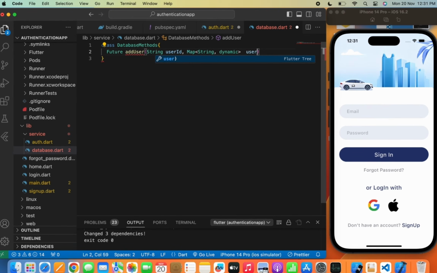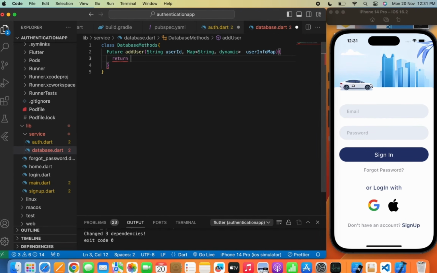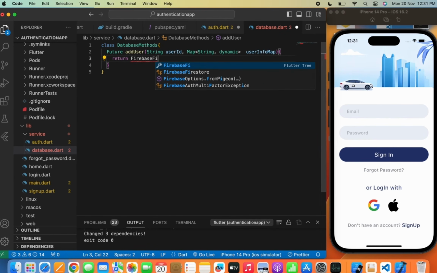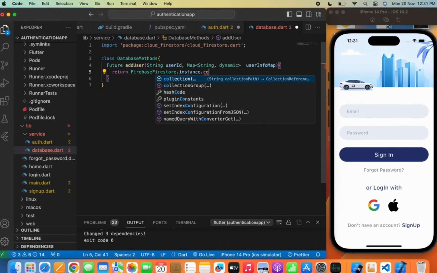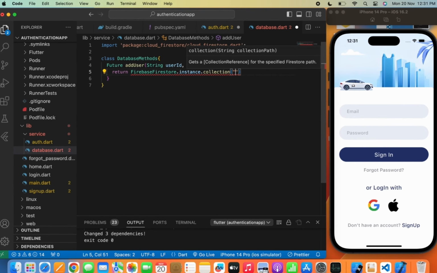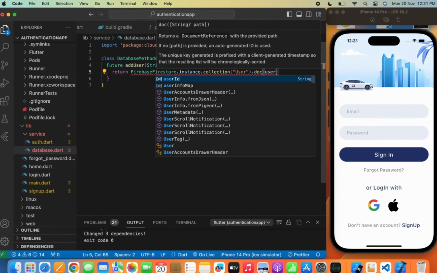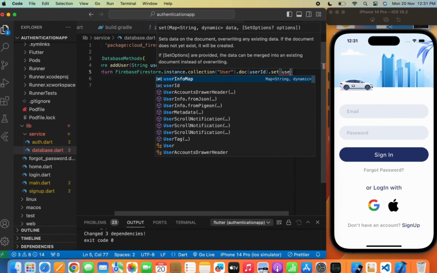Now in the services folder, I will create a new file named database.dart, where I will show you how to upload the data to the Firestore database. Here I will create a class named DatabaseMethods, and in DatabaseMethods write a function named addUser, where we'll first pass the user ID, which will be the unique ID that I have just shown you by the userDetails.uid, and in the map we'll pass a user